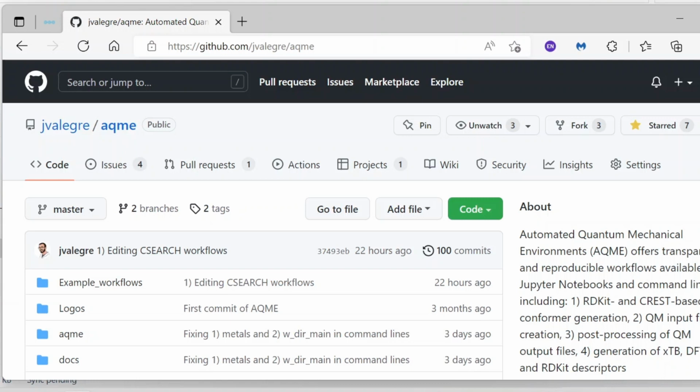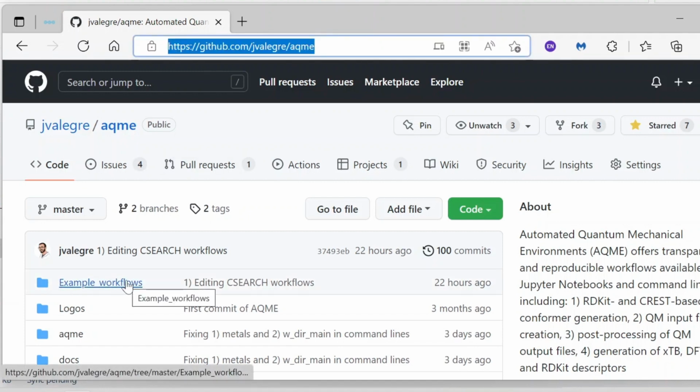This is a follow-up tutorial of the previous QCORR 1 video, so if you haven't seen it, I suggest that you take a quick look. In this second tutorial, I'll add the isomerization filter to the QCORR job, which is what I normally do. This is very helpful since it prevents the cleavage or formation of new bonds during geometry optimization, ensuring that the initial structure is preserved. So first, we need to go to the main GitHub repository of AQME, and then get